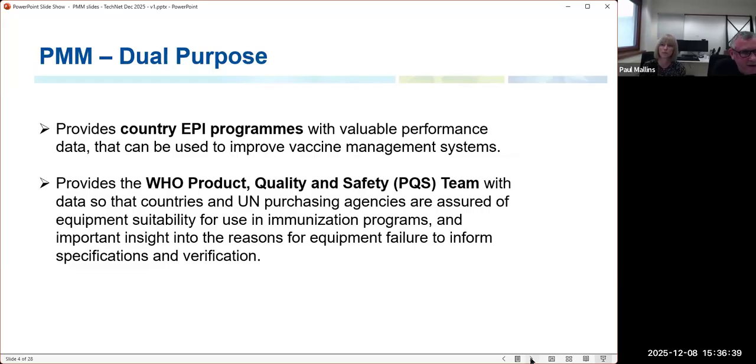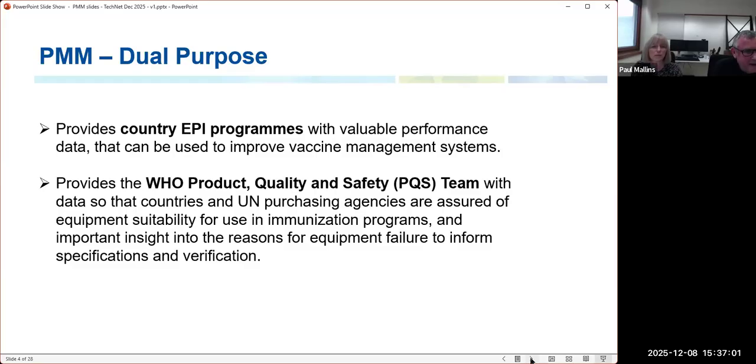When we identify an issue, we work with manufacturers so that they can solve that issue, so that there can be corrective action in the country, and that preventatively going forward, there's a change in the manufacturing process or a part, so that the next generation that goes out to the 70 countries we serve is fixed.